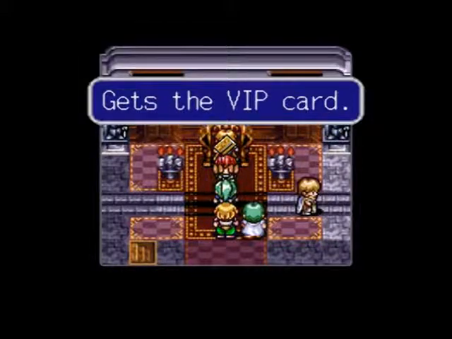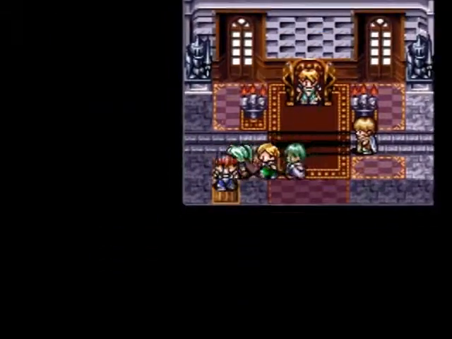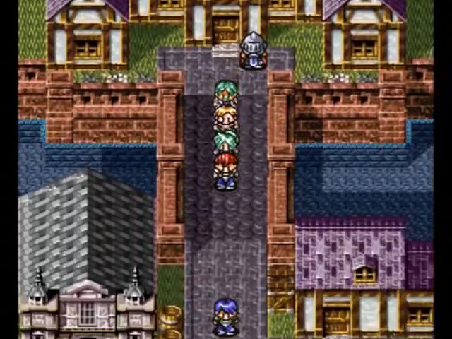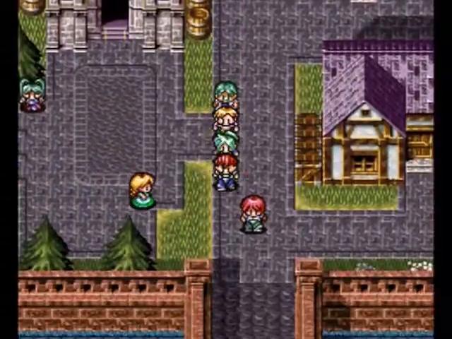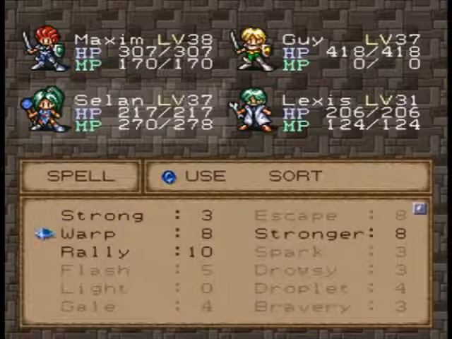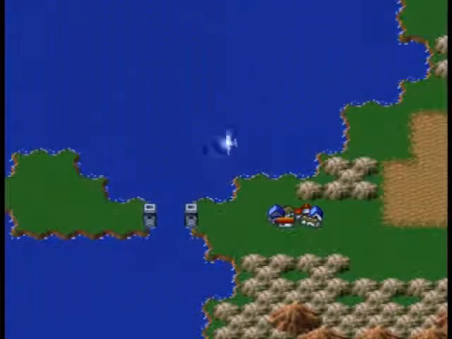Now, with this VIP card, you have to talk to him twice, otherwise you'll miss it, but this VIP card will actually give you access to a special room in the casino on Forfeit Island. And what that will allow you to do is play a game that can net you many more coins than anything else. In fact, I may as well show you. Can we warp from sea? Yes, we can. That's good, because I don't want to get attacked by monsters, even though Forfeit is right across from there, but...